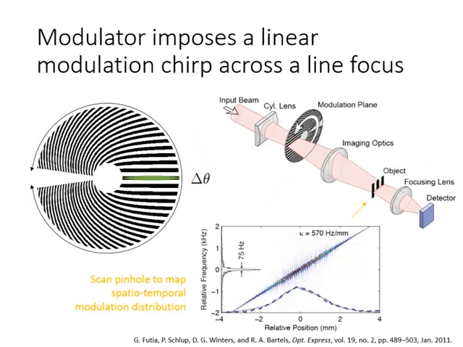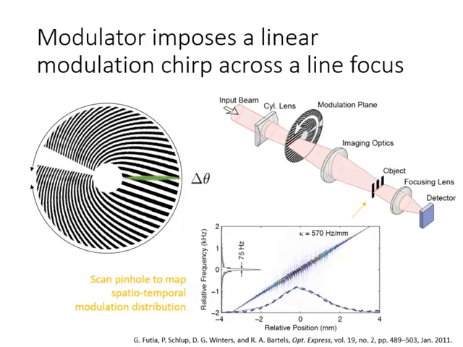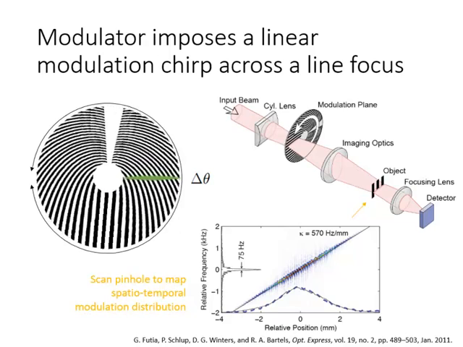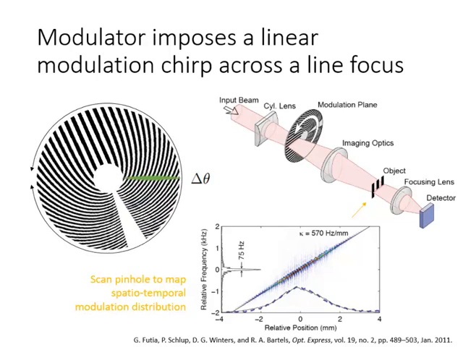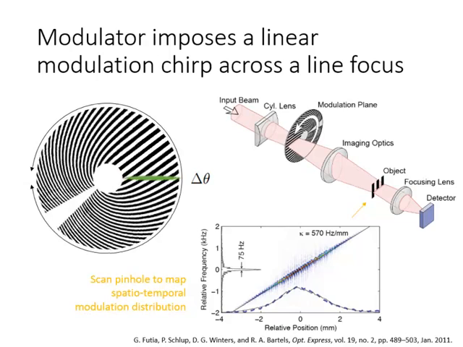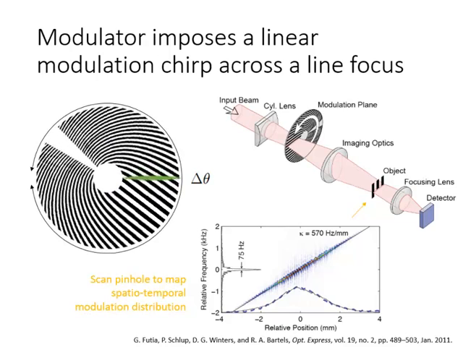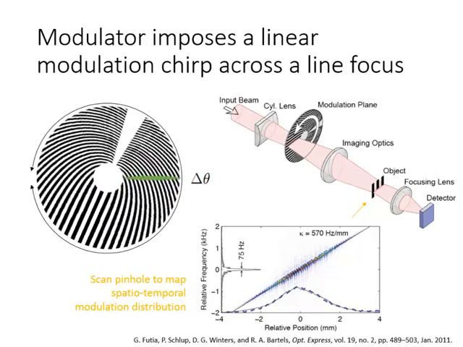The way we apply these modulations is we have a mask that looks like this. This is just a cosine in r and theta. And so spinning this at a constant angular velocity, you can see different points along this illumination beam get these different temporal modulations. So if we focus our laser beam to a line focus, modulate, and then image that line